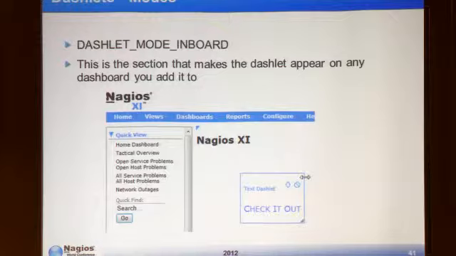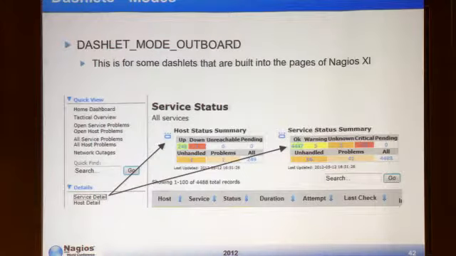The status info Dashlet does the exact same thing as this, but it's much more complex because I have a lot more options the user can choose for formatting the text and applying different things to the Dashlets. The outboard mode